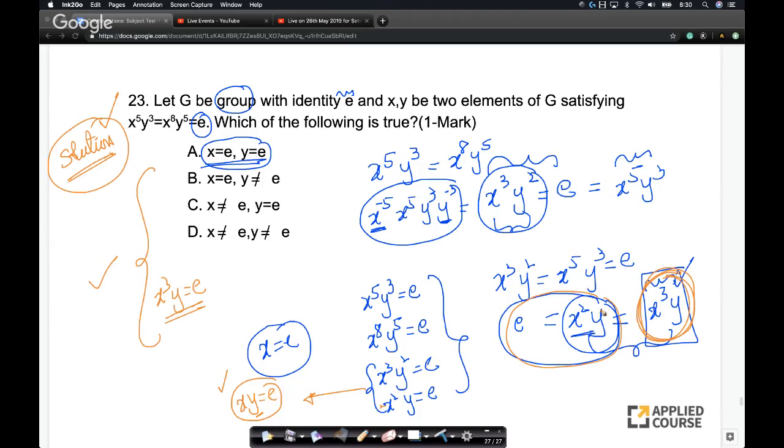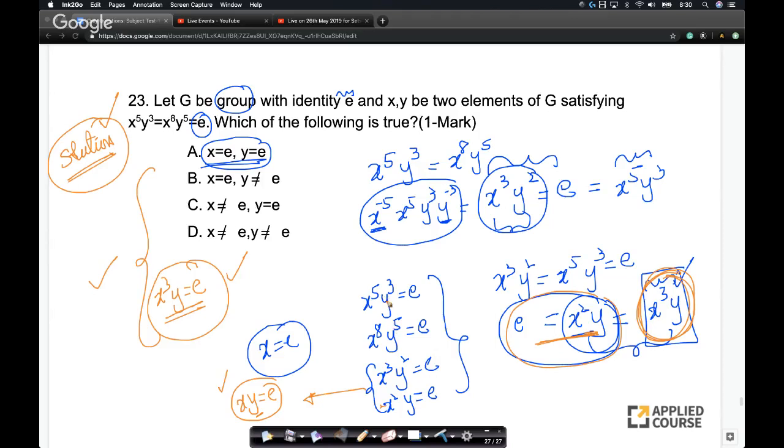No. x square y equals e. So if I multiply it with xy, if I multiply x square y with, no, I'm still not reaching here. I'm struggling to see how I can get x cube y equals e. So I got x square y equals e. This was straightforward. Now I somehow have to get x cube y equals e. I'm still thinking which equation I'm overlooking here.